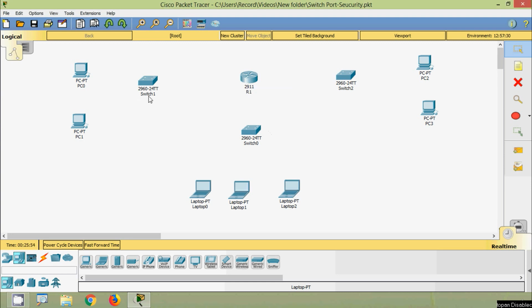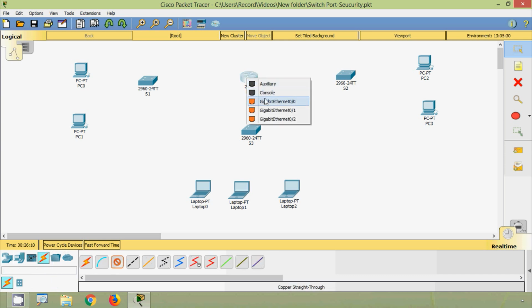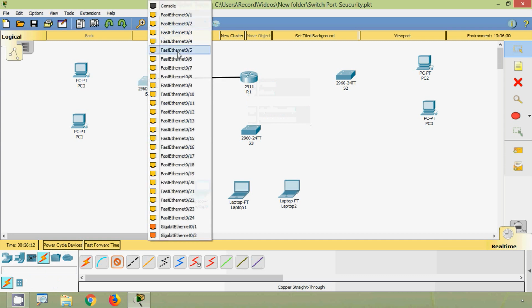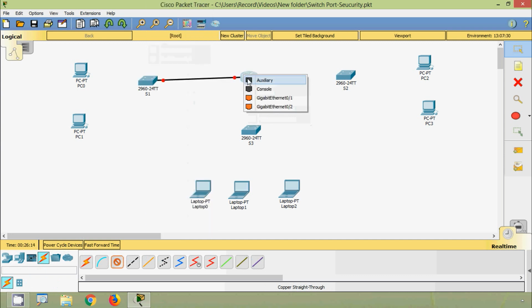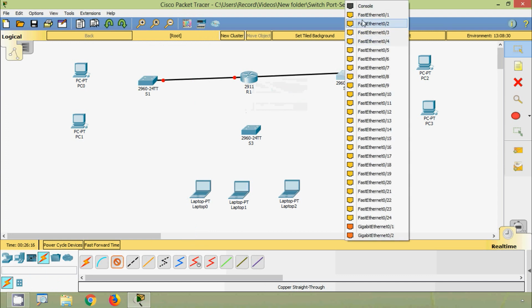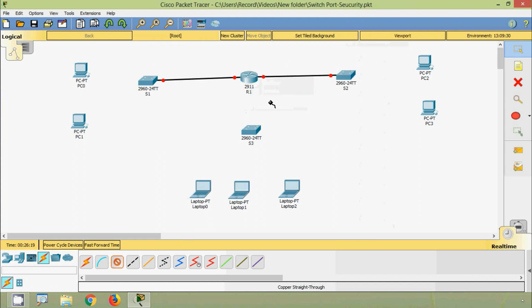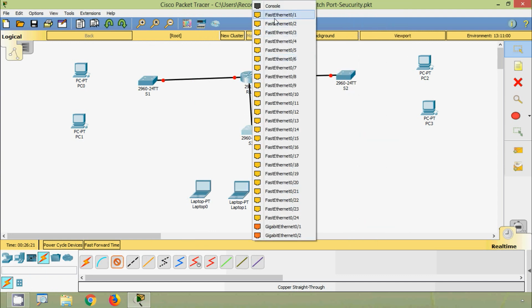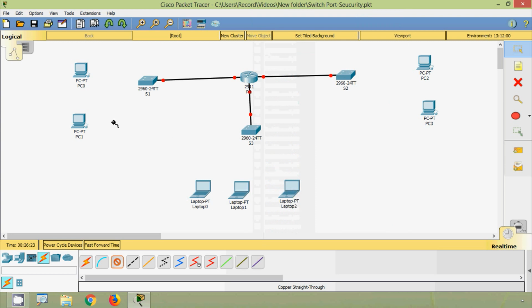This is R1, here is S1, S2 and S3, and we will connect these devices using copper straight through. G0/0 to S1, G0/1 to S2, G0/2 to S3. Also we will connect these PCs to switches,